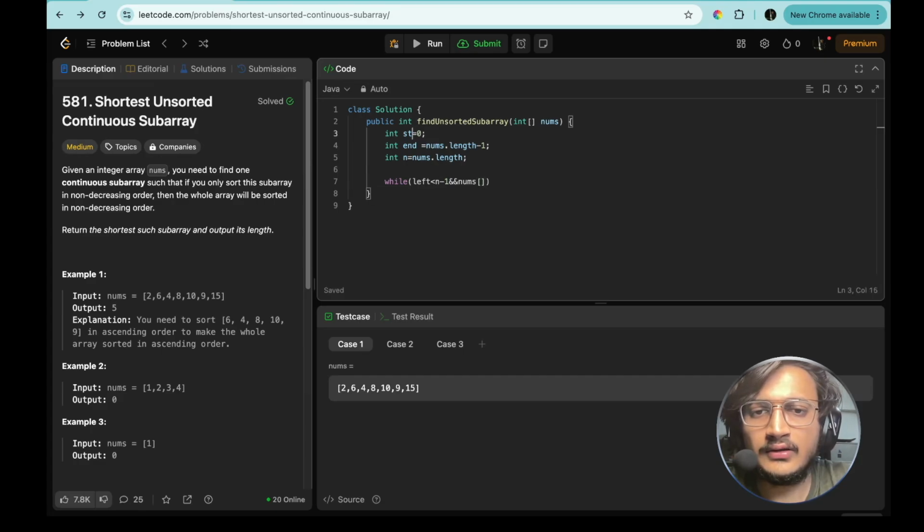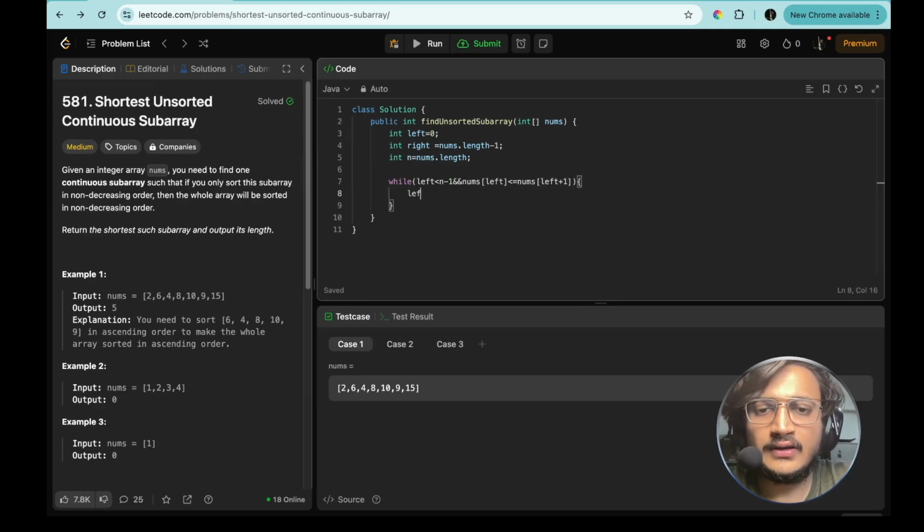Let's define this as left, and this as right. So while left is less than n minus 1, and the value at the current index, nums of left, is less than or equal to nums of left plus 1,